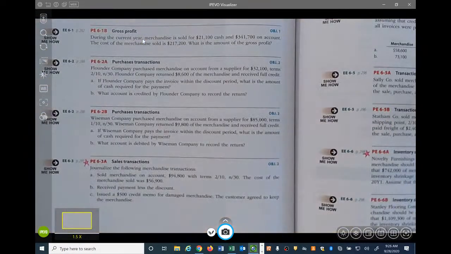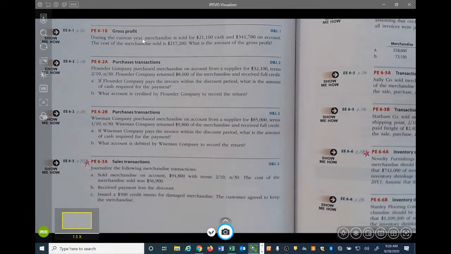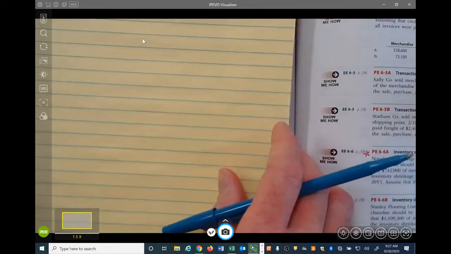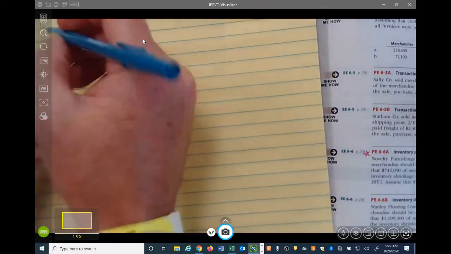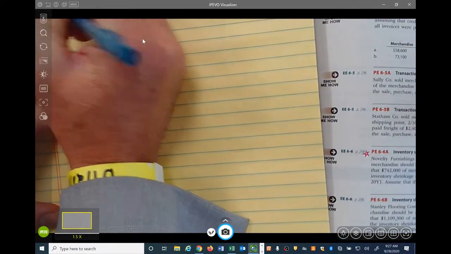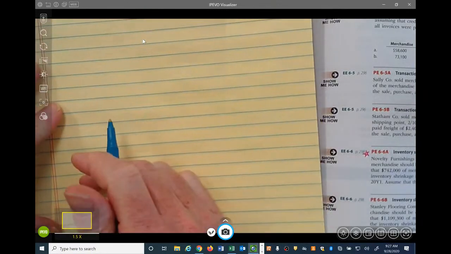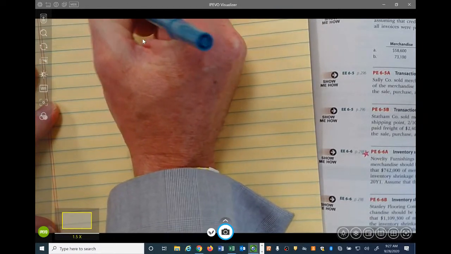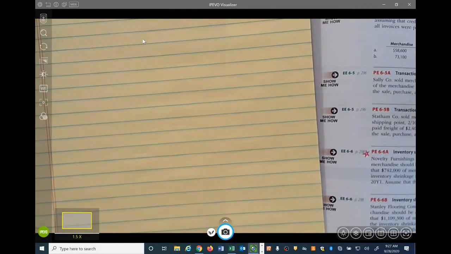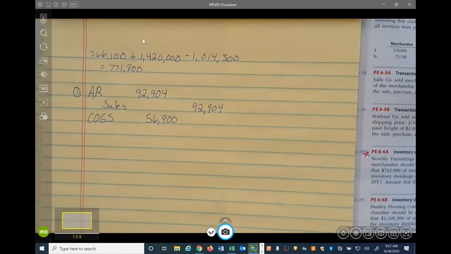It says the cost of the merchandise sold was $56,900. So what journal entry do we have to make to account for the merchandise being sold? The cost of merchandise sold. So what would be the entry for that? Debit to the cost of merchandise sold, right. So I'm just going to do cost of goods sold, for the cost of merchandise sold, and it's going to be for $56,900. So if we debit the cost of merchandise sold, what's